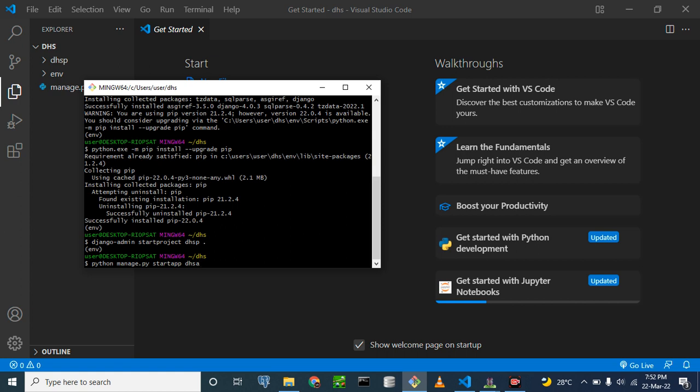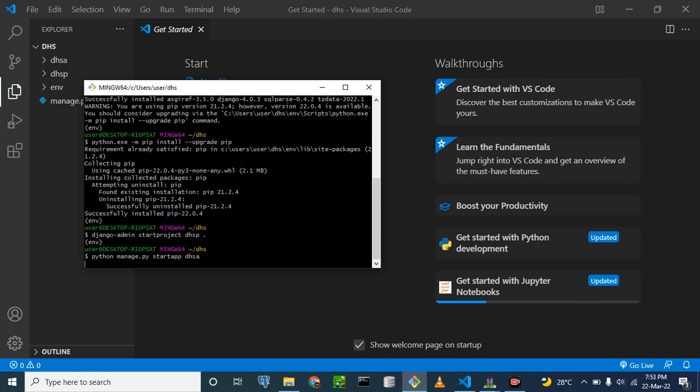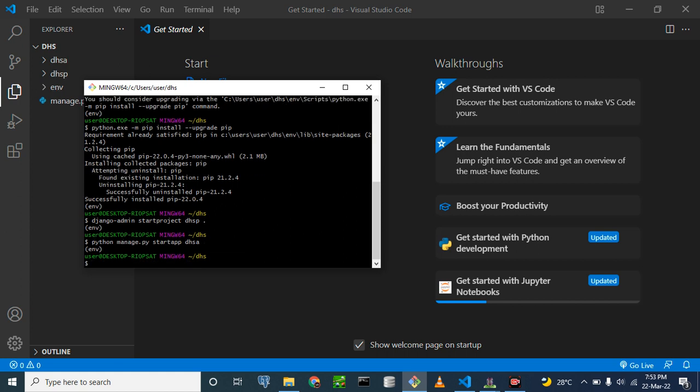DHS app, like that. There is no need of now putting the dot. It is going to come automatically after the Django project has been created. Click enter, and yes, now that is what we need to do for us to start working with